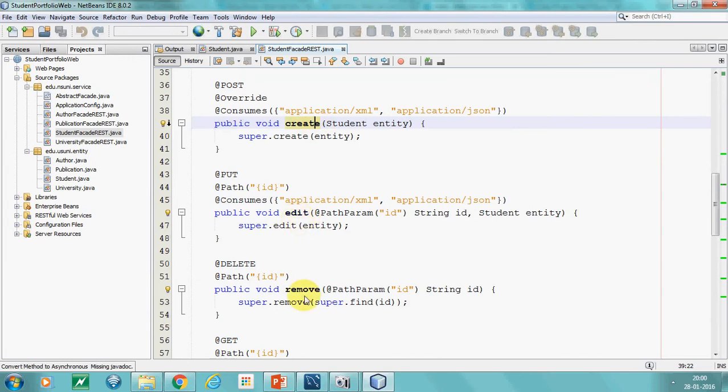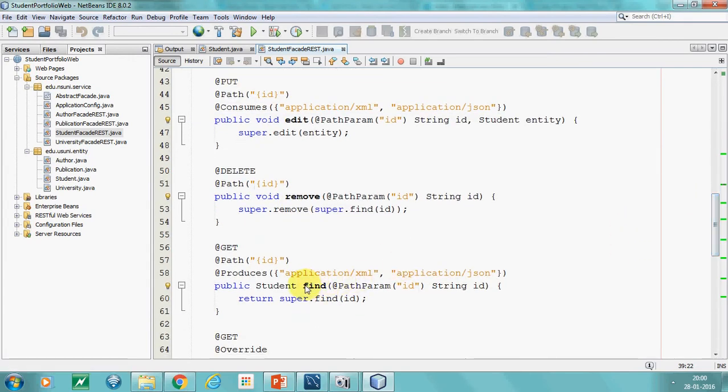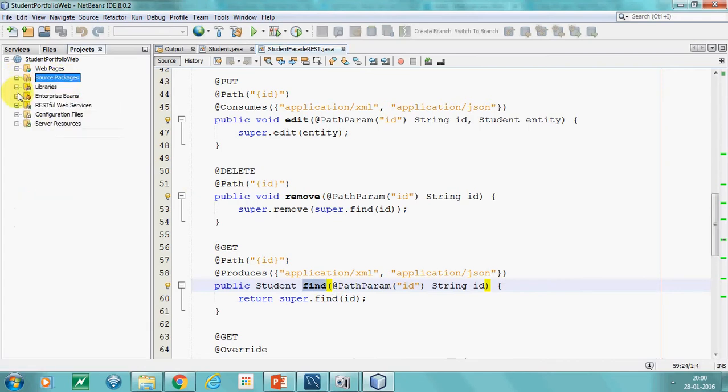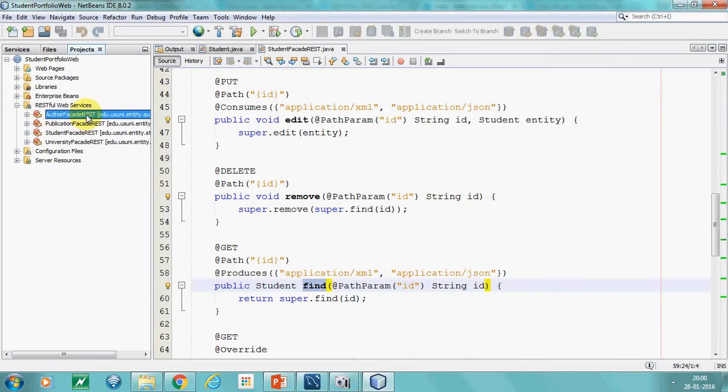Operations, Java methods called create, edit, remove, and find, which allow you to perform the CRUD operation on the student resource. Similarly, in source packages, we have the source programs, and the RESTful web services .class files are created here. So 4 RESTful web services are ready.